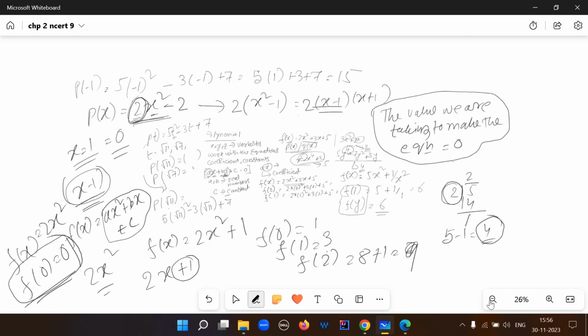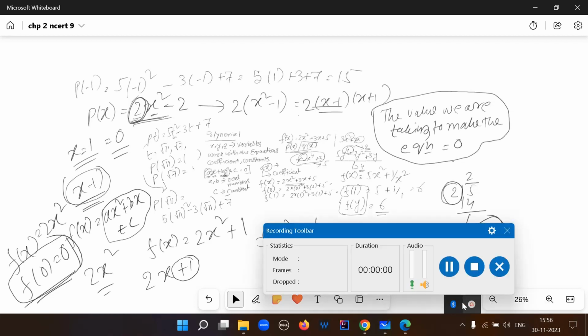Now, the extra concept which is needed, another thing is polynomials, power and degree. Please go through these topics for the exam. It is very much important. So that's all for today. And next